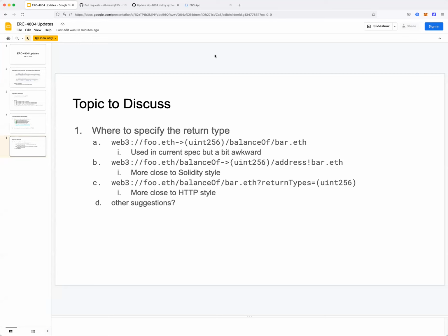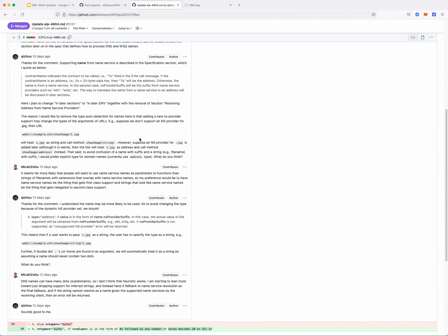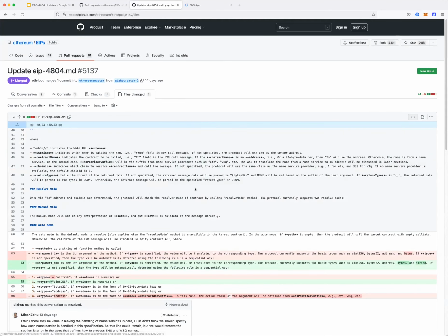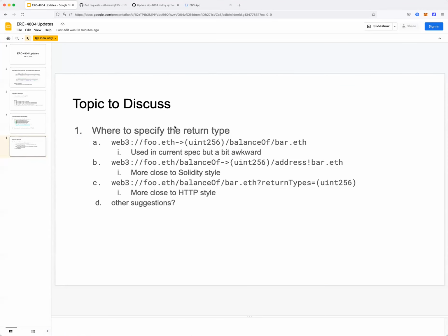So there are a couple of things I did not cover in much detail in this EIP, for example arrays and structs, where right now we just say to follow the API interface. But definitely we are able to make it clearer what is expected to be returned. I think it's a very great suggestion.